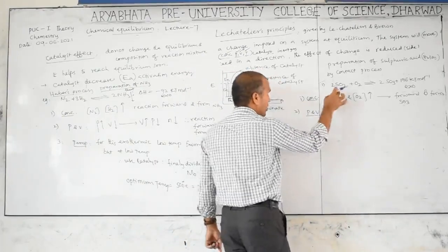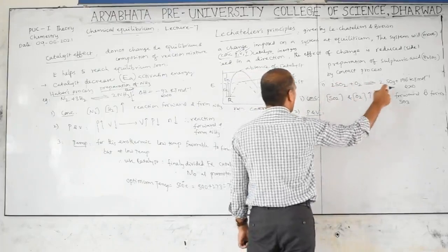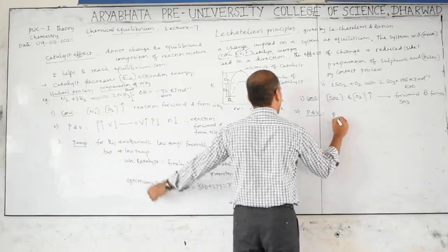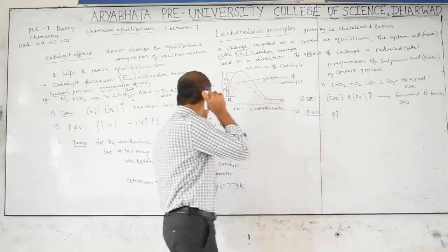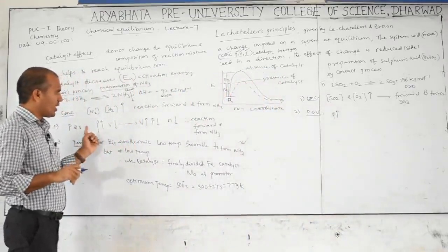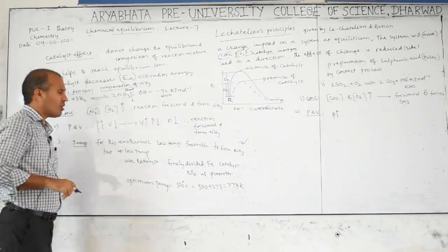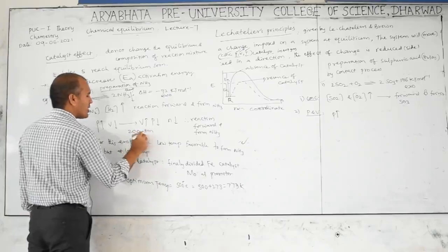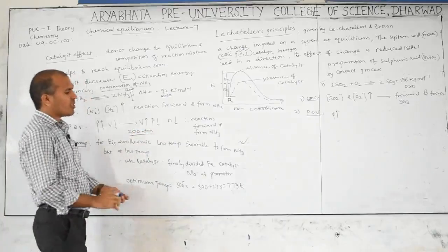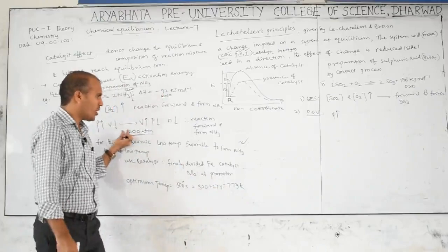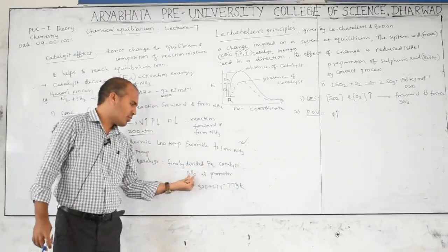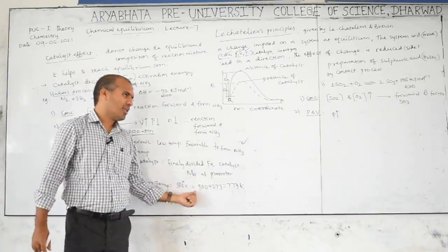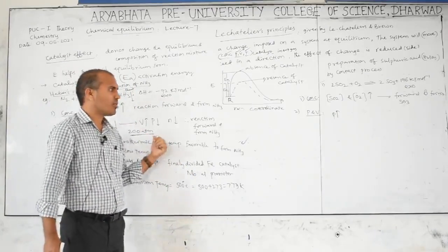Next, second one is pressure and volume effect. We know that here 2 plus 1, 3, here 2. Then pressure increases. I forgot to write here pressure effect. Pressure increases, the reaction shifts toward the forward direction. How much pressure? Nearly 200 atmosphere pressure is required. These values are very important: 773, 200, and this catalyst molybdenum, Mo, capital M, small o. You can underline these, and they will be asked in competitive exams, so you have to remember.